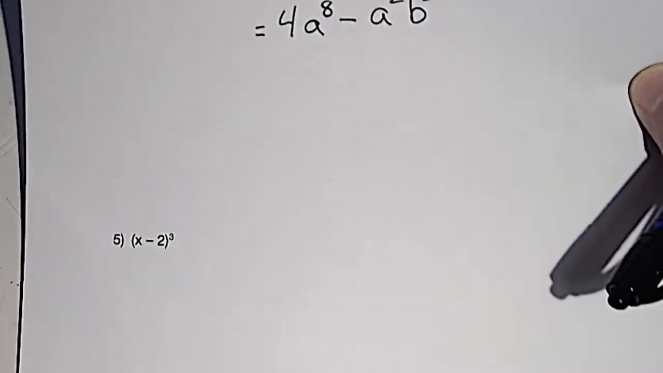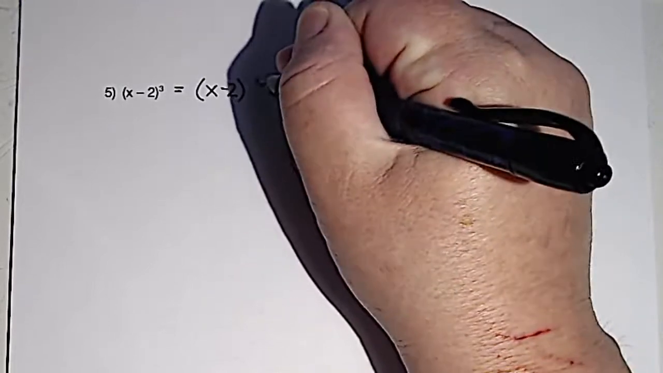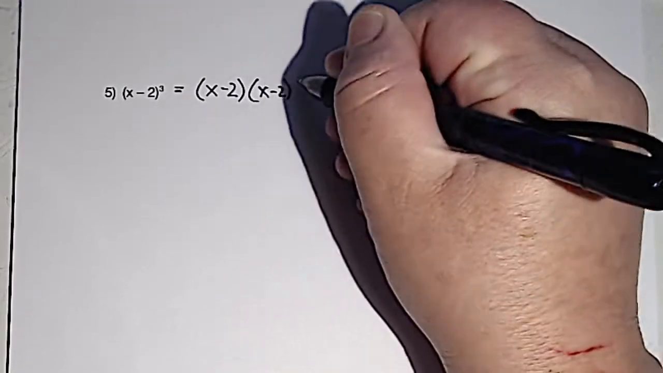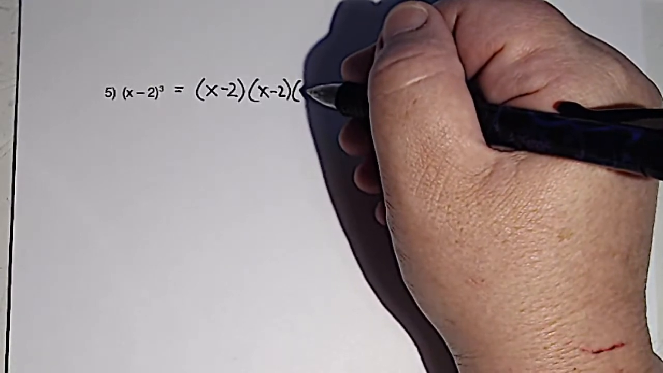This is that rare time when I actually gave myself space. Oh no. Now this one, x minus 2 the quantity cubed, is just going to be as gruesome as it sounds. So this one we do need the space for. This is x minus 2 times x minus 2 times,